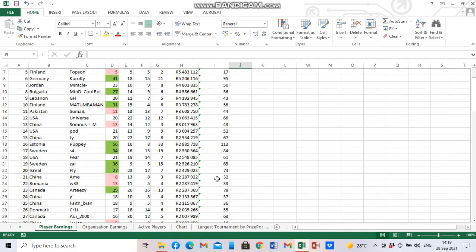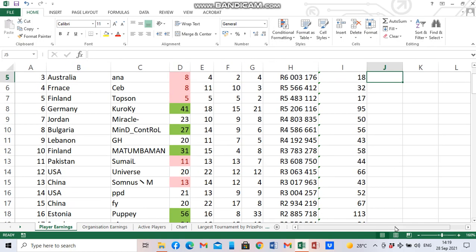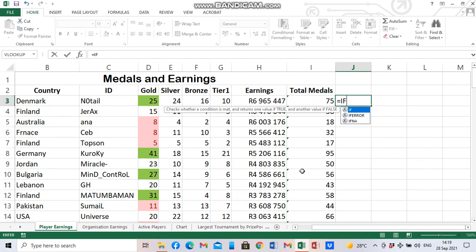Okay. So here comes the formula. Let me make this a little bit bigger so that you can see it. So equals, okay. Now this is an if. If this, okay, is it greater than? Just let me check it. Yes. If this is greater